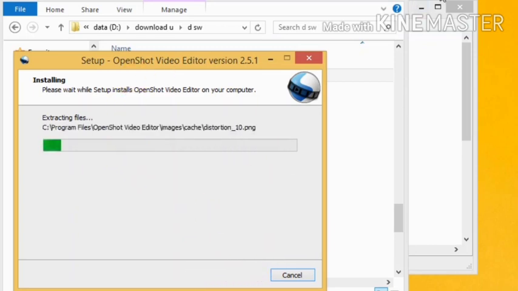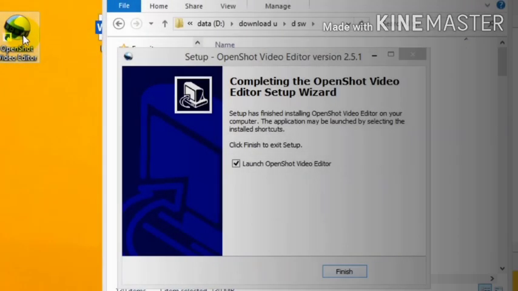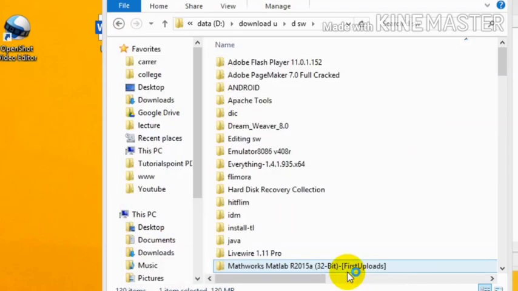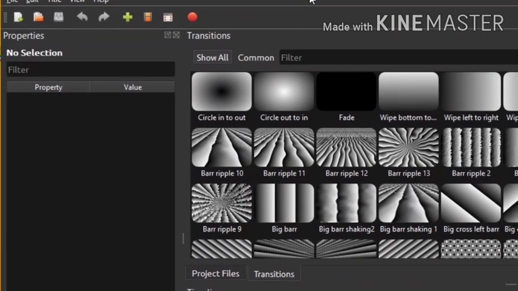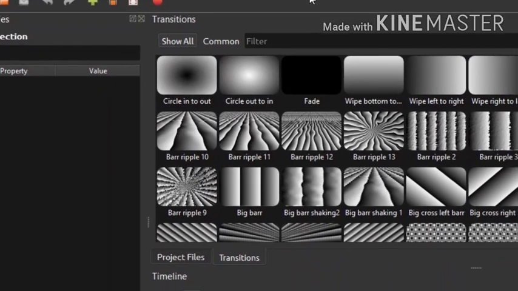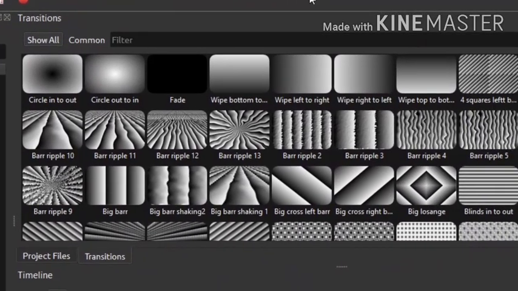After installation, the whole procedure, I will also discuss some setup. So it is finished. Now I will show you every component of this software.